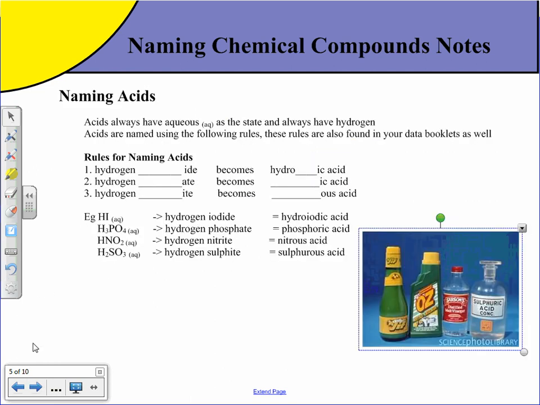Then we have acids. Acids always have aqueous as the state and always have a hydrogen. Acids are named using the following rules. These rules are also found in your data booklet as well, and we will talk about how to use these. So for example here, if we saw this acid HI as aqueous, we know that if I was naming it